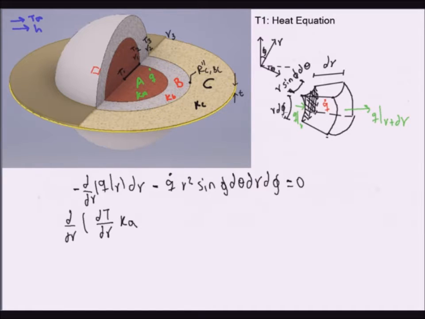And the area is just the product of these two sides, r sine phi d theta times r d phi. So r squared sine phi d theta d phi, and this is all multiplied by dr. Subtract